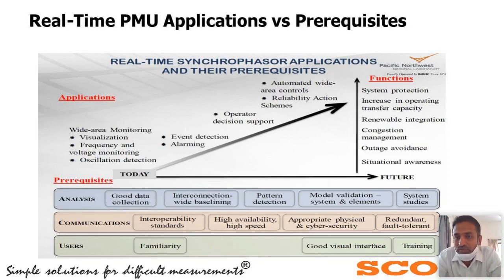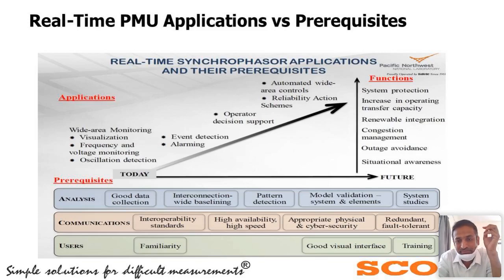There is another question: how will the PMU be connected to the SAS in the substation and transfer PMU data to the remote PDC? The substation has a gateway with the IEC 101 protocol. Normally PMU and SCADA are different. In SCADA, we collect the data through RTUs, and the RTU sends the data on 101 or 104 protocol to the SCADA center. But when it comes to a PMU or wide area networking, this is a separate line, where the PMU is directly linked with your gateway, which is connected with the optical fiber.